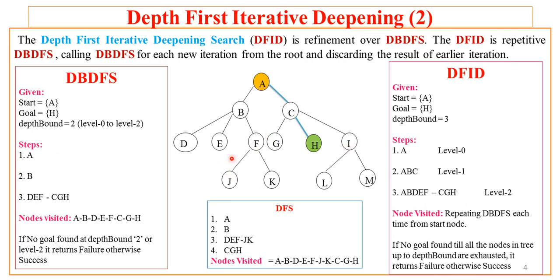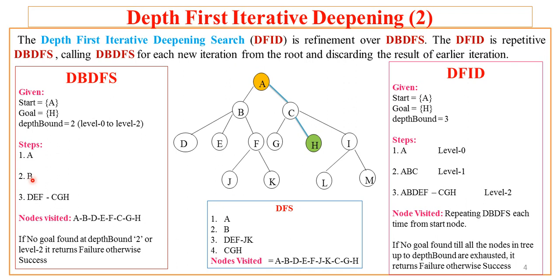With this state space information, DBDFS will work like this. It starts with A. It checks whether A is a goal node or not. As it is not a goal node, MoveGen will generate the children of A, which are B and C, but on the open list, as B is the first node, that is picked, and it is checked whether B is goal or not.